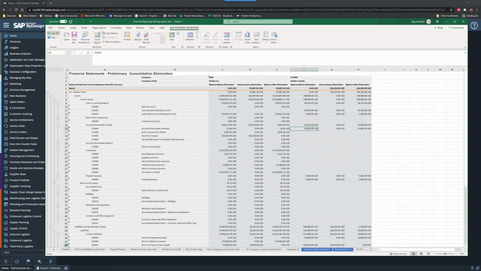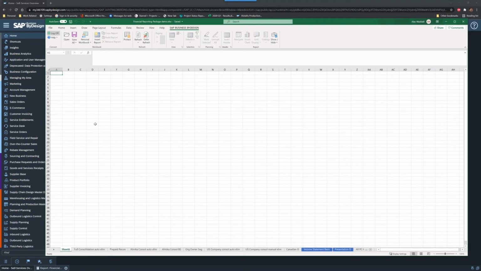Now, I'm going to just start on a blank page and walk you through a couple of things. This is a workbook that I use just for demonstration purposes. You can see along the bottom, I have all sorts of tabs which represent different reporting areas. And this, I believe, is really the number one feature of doing your financial reporting in Excel, because you can build in a single Excel workbook with an unlimited number of tabs,